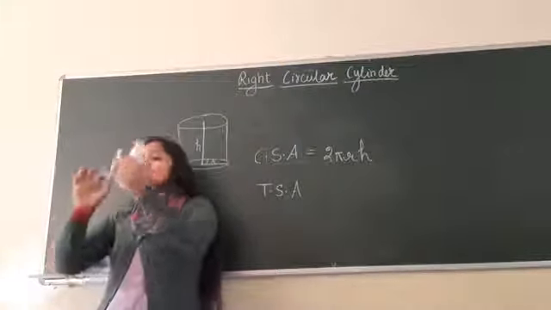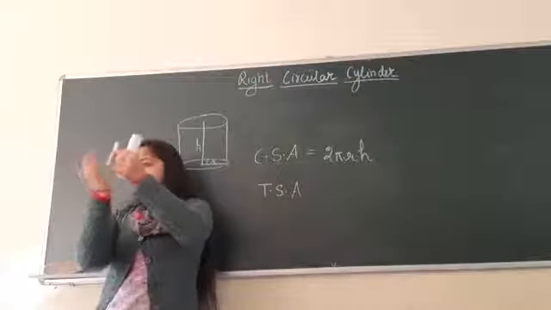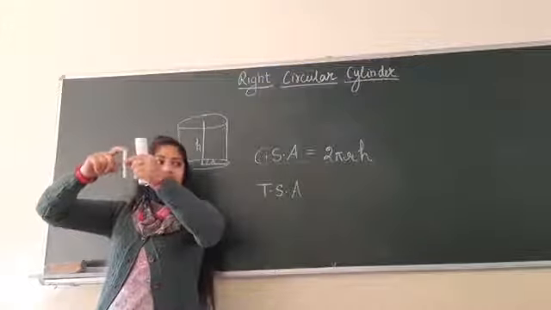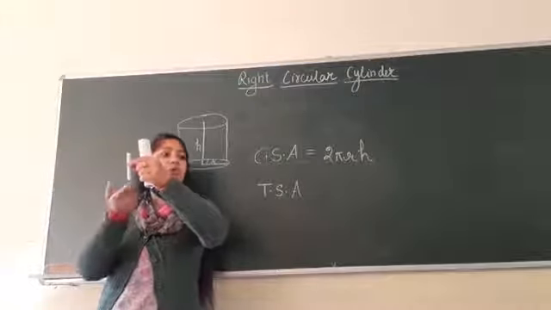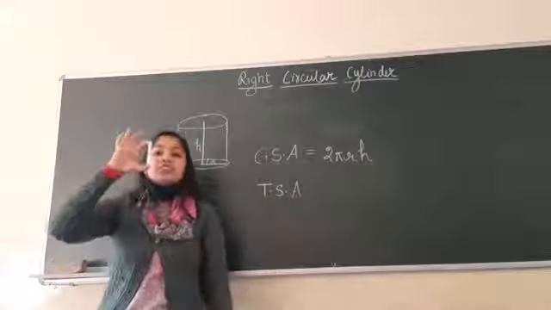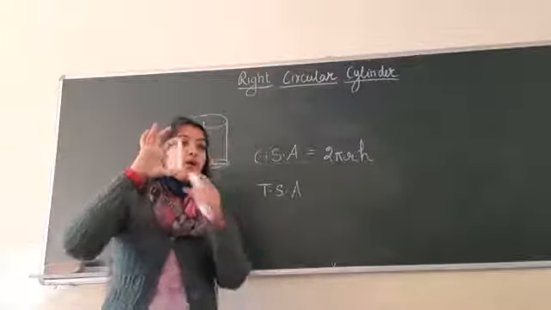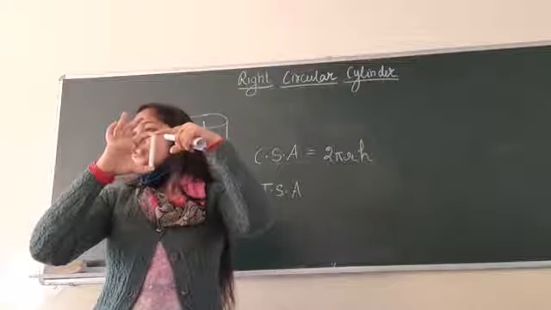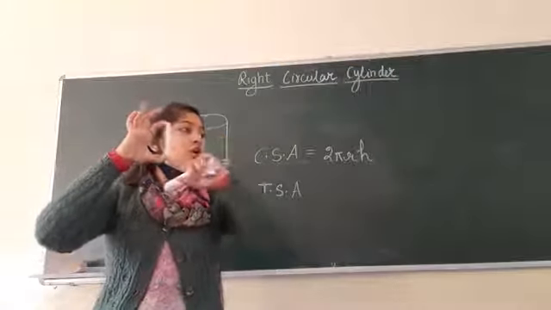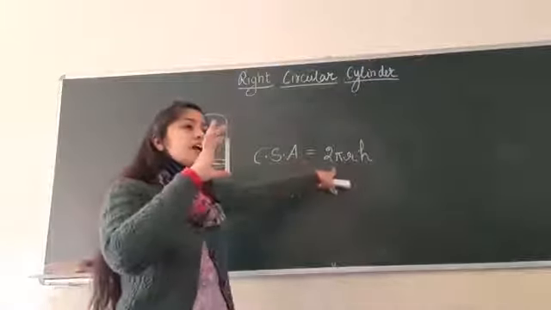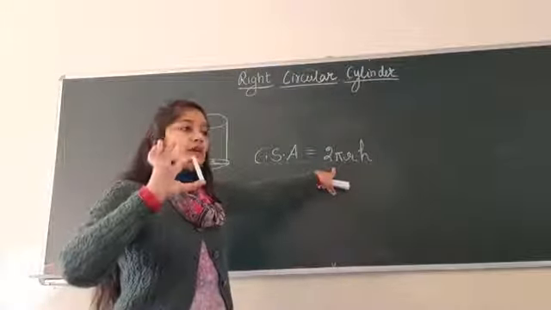Clear enough? So cylinder curved surface area is this. This is your upper cover which is again circular. This is your bottom cover which is again circular. तो अगर मुझे इसका टोटल सरफेस एरिया चाहिए होगा तो क्या होगा? This curved surface area plus area of the top which is a circle plus area of the bottom which is again a circle. मींस कर्व्ड सरफेस एरिया में 2 बार सर्कल का एरिया डालना है.